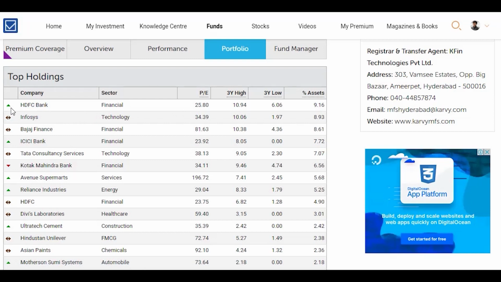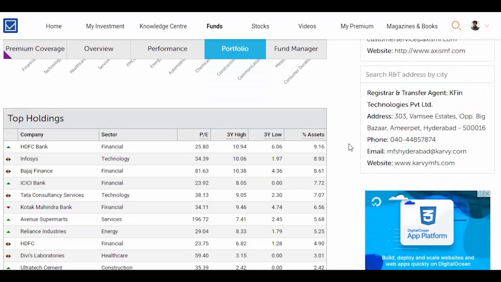The upward arrow indicates that there is an increase in the investments made in this particular stock. The sideways arrow indicates that there is no particular increment or decrement in the investments made in this stock. And the downward arrow indicates that there is a decrease in the investments made in this stock. You can compare the portfolios of different mutual fund schemes and also at the same time draw some parallels with your own portfolio.